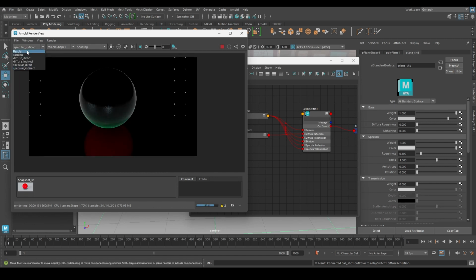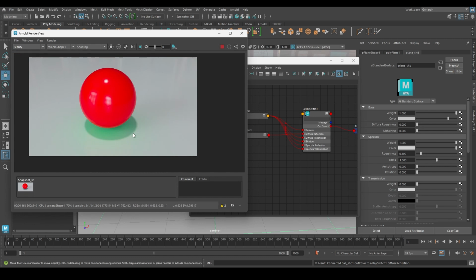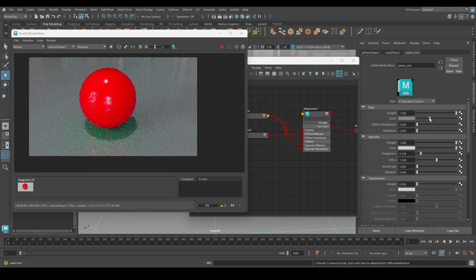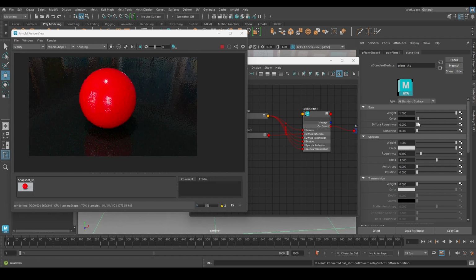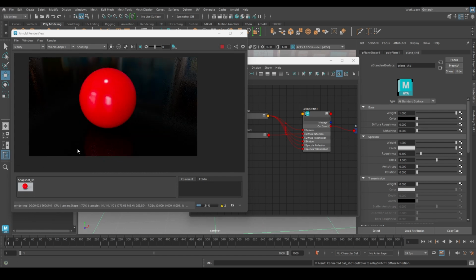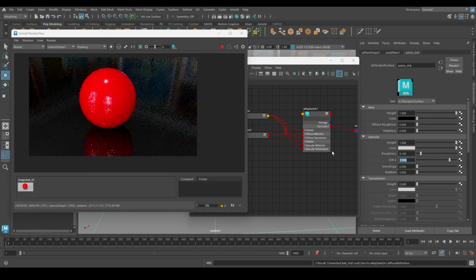Because the floor is really white, we are not able to see any of the reflections here. If I reduce the base color to black, you can see the reflections. And if I increase the IOR a bit,